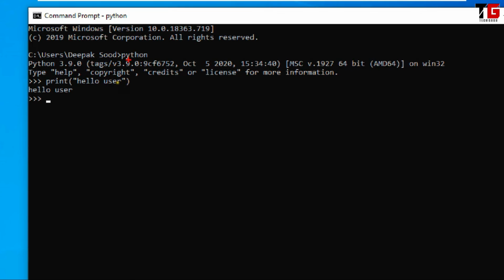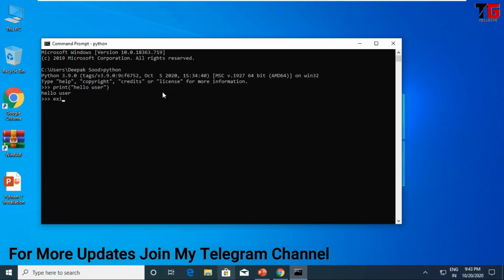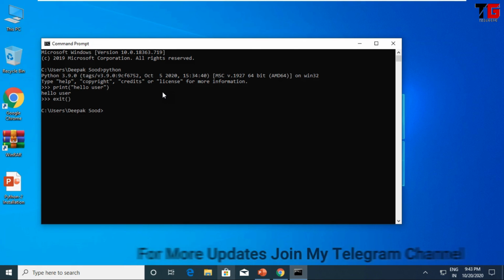Friends, when you type Python and you get these 3 arrows, it is an indicator that whatever command you are going to type here will be a Python command, will be executed by Python interpreter. So friends, if you want to move out from Python, use the exit function. Exit. Just see. Now we are out from the Python.